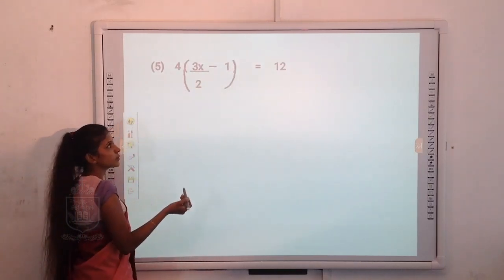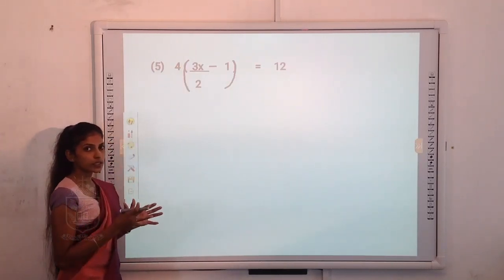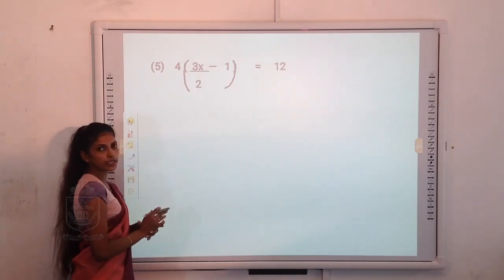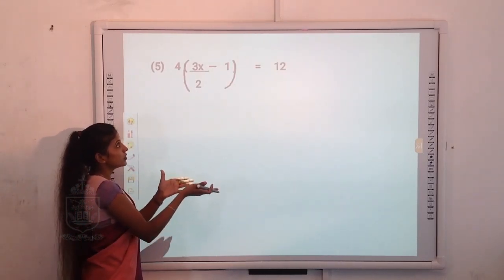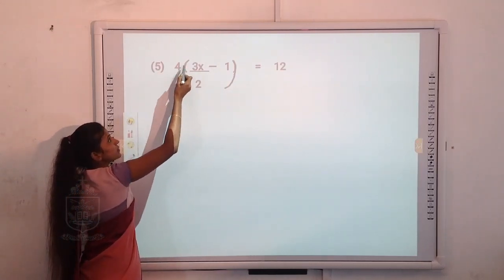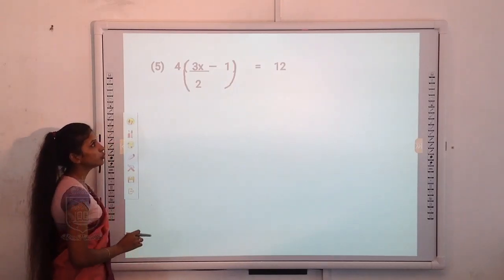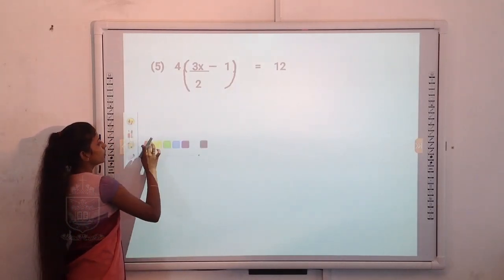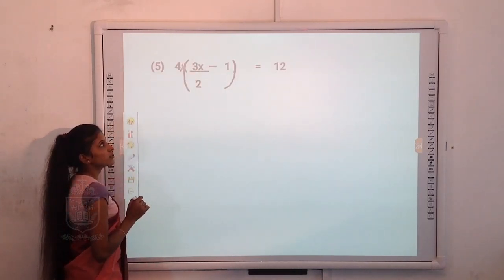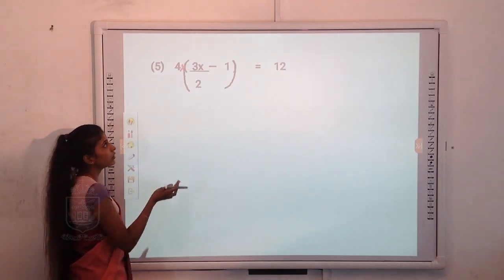This whole expression is multiplied by 4. Fraction part can be seen inside the bracket. But before moving to the inner part of the bracket, it is easy for us to remove this outermost number, that is number 4. How can we remove 4? So we know that the operation here is multiplication. So in order to remove 4, you have to divide both sides by 4.